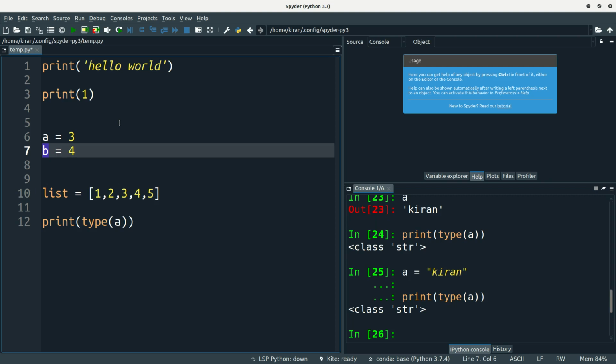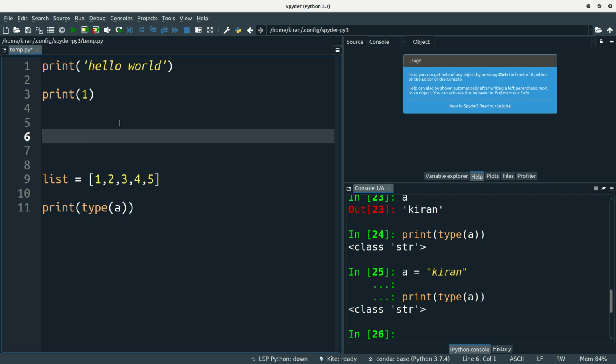Okay, so now I will give you a list of names which you should not assign as a variable name. String is one thing, integer, float, list, dict, tuple, and more.